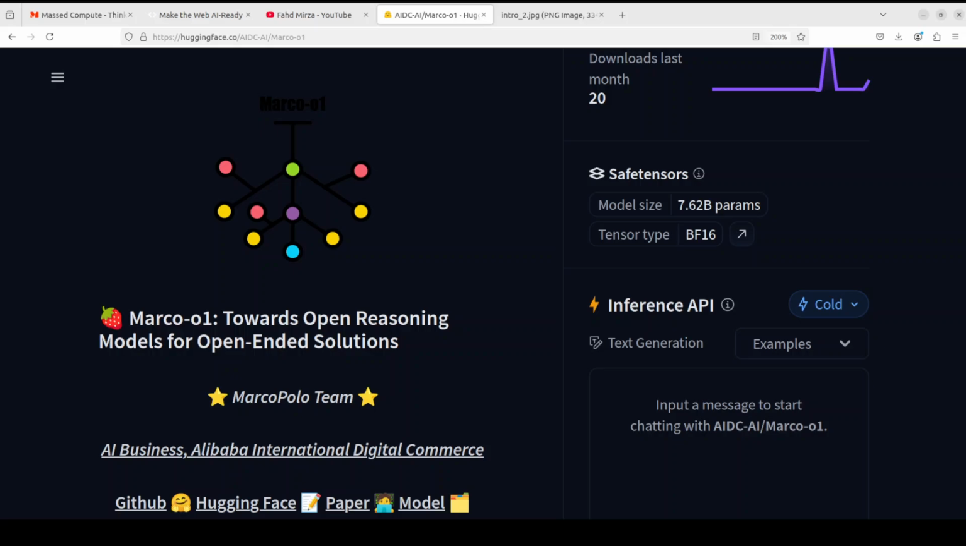And the creators are trying to address the question: can this O1 model effectively generalize to broader domains where clear standards are absent and rewards are challenging to quantify? At the moment, this model is powered by chain of thought fine-tuning, Monte Carlo tree search, a reflection mechanism, and innovative reasoning strategies, and this has been optimized for complex real-world problem-solving tasks, and that is exactly what I'm going to try out. I will also tell you a bit more about its training because that is quite interesting,